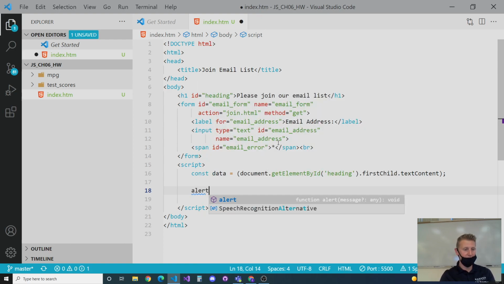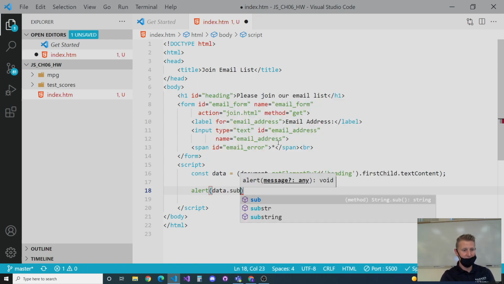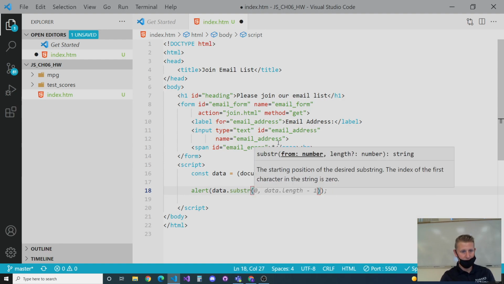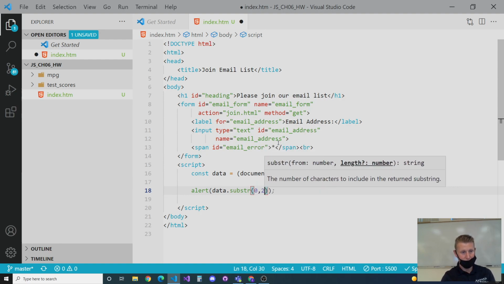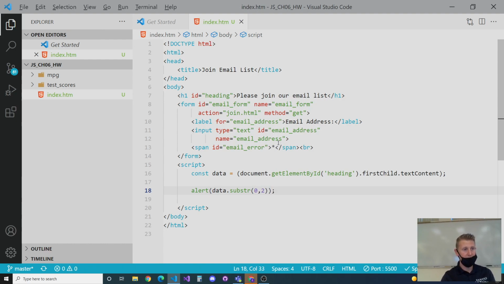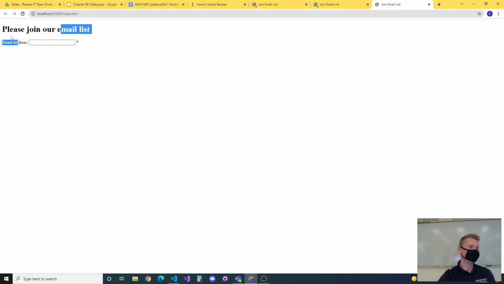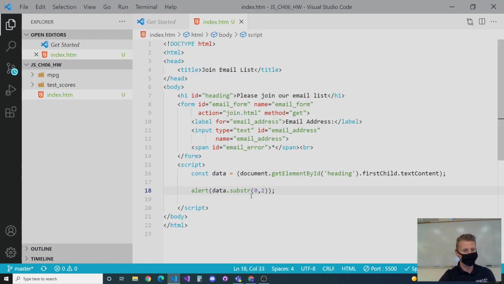You know, alert, data, substring, zero, comma, 2, right? Start manipulating the data. We start at character 0 and we go for 2 characters. So start working with the data. So if you want to replace this text, please join our email list, with